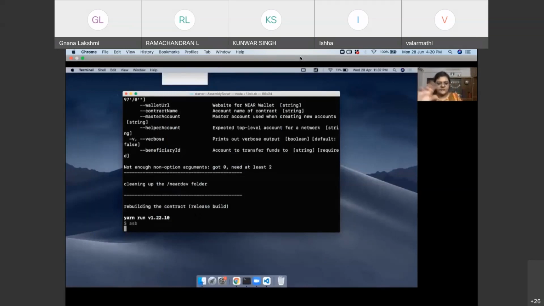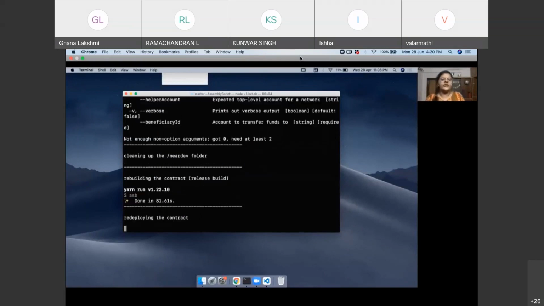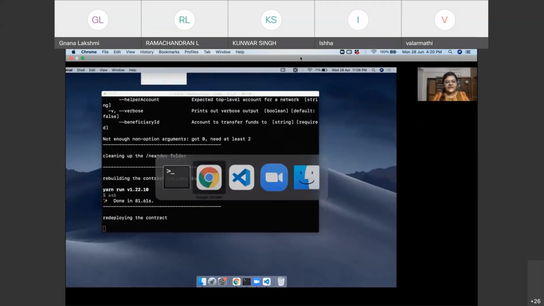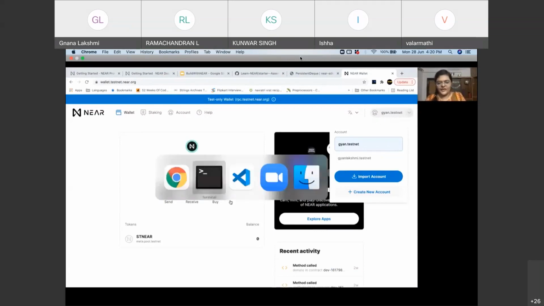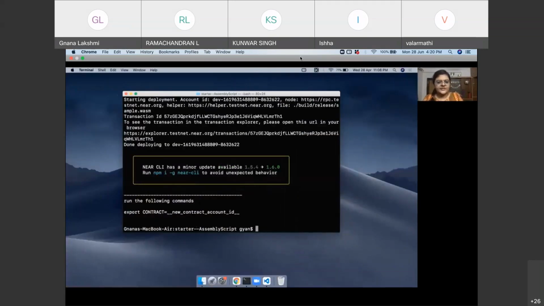And like you saw the message which said give access to the unknown app. So give access to this particular app. And then also you can set the owner as your own testnet account ID. So the beautiful thing about Near is that you don't have to worry about remembering huge long hexadecimal addresses. Your account ID can simply be whatever name you give, .testnet or .near for mainnet wallet. Super cool, right? So, all right.